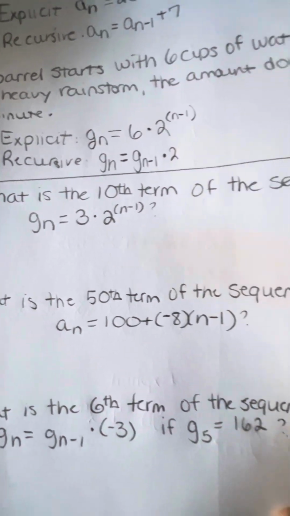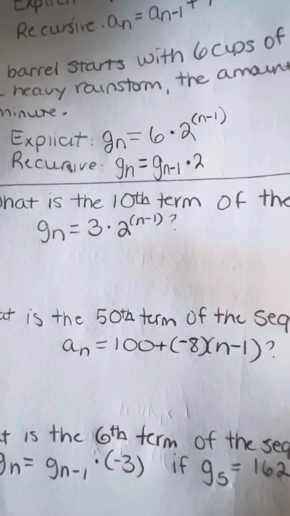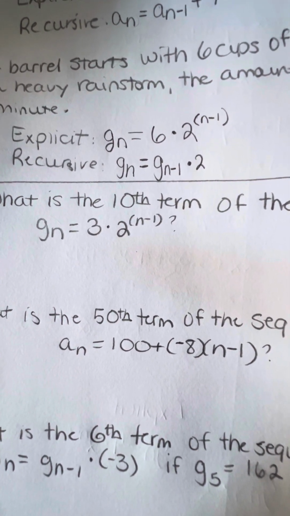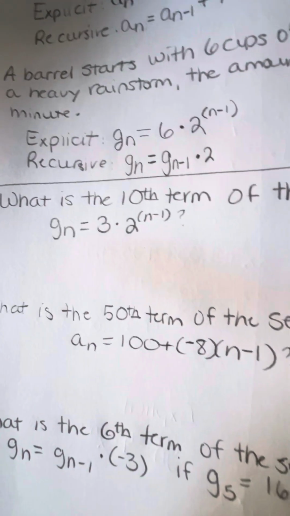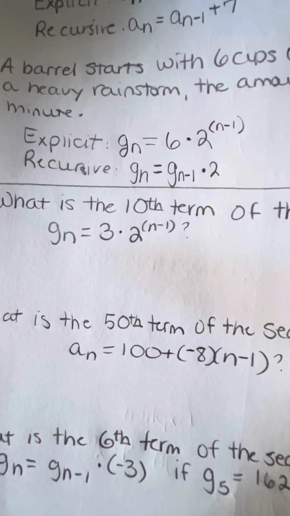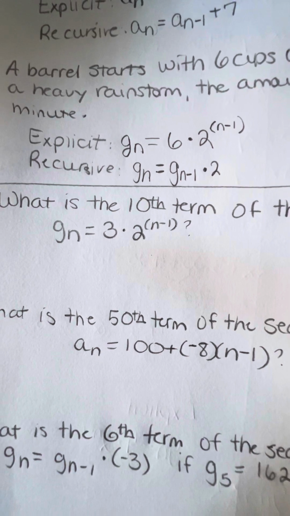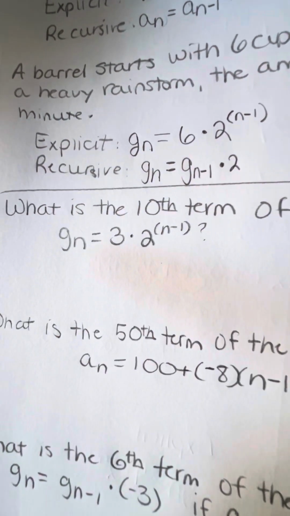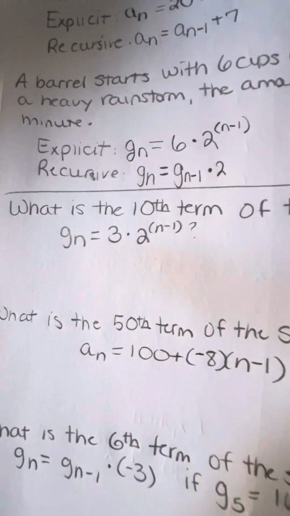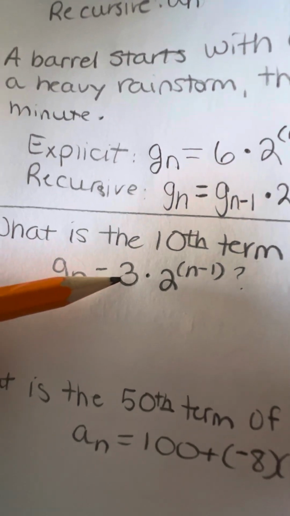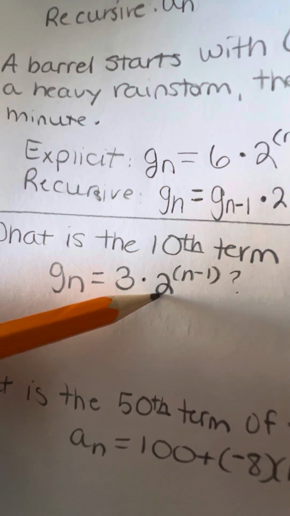So what is the 10th term of a sequence G sub n equals 3 times 2 to the n minus 1 power? This is going to be a geometric sequence, which I'm multiplying. If I'm doing the explicit formula, I'm going to be using the information, and it asks for the 10th term. It starts with the number 3, whatever this sequence starts with, and then it's multiplying by 2 every single